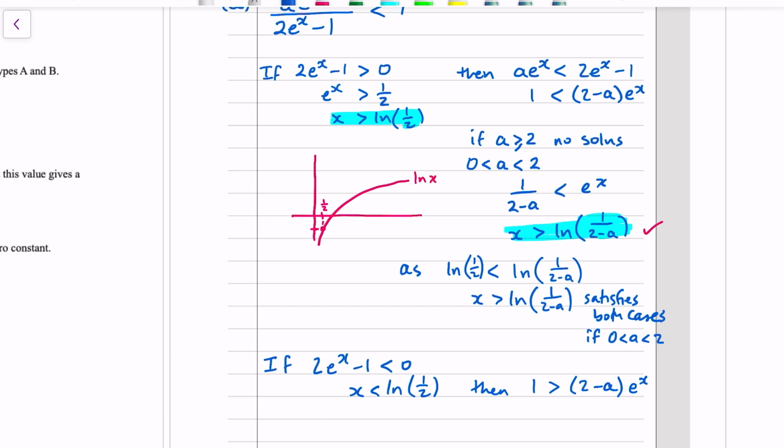Now, if a is bigger than 2, then we've got a negative on the right hand side because e to the x is always positive, and a negative is always less than 1. So if a is less than 2, x is any number,